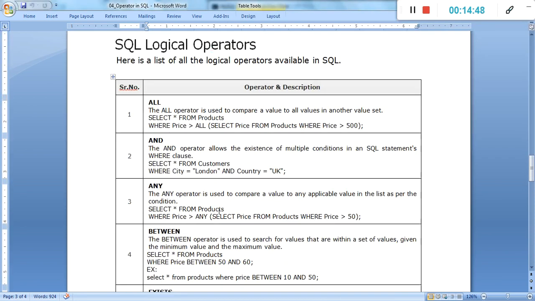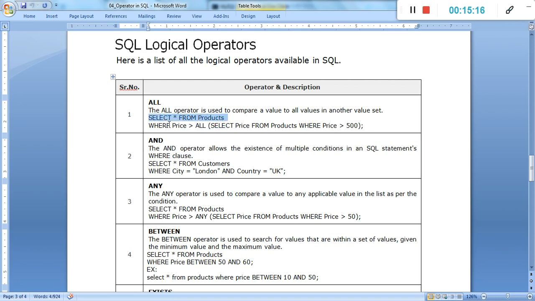Then the next type is all, a logical operator. We mention a query with all, and we define one particular query that has a condition, where the product price is greater than 500. If the table contains 5 records with product price greater than 500, then those 5 records are the prices, all those prices.